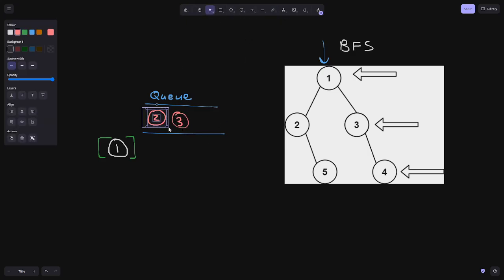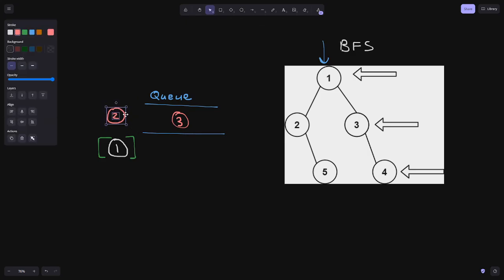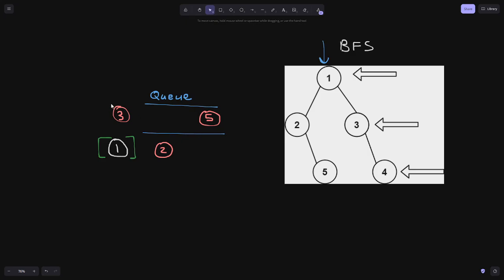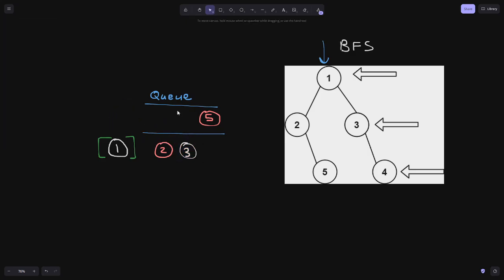So we're going to pop out 2 from our queue. We're going to dequeue it, and we're going to be like, hey, does 2 have any left or right children? Yes, it does. It has a right child, but it doesn't have a left child. So now I'm going to enqueue that 5 into the queue. And then now I'm going to take this 3 that we have and be like, hey, does 3 have any left or right children? It has a right child. It doesn't have a left child. So then I'm just going to enqueue